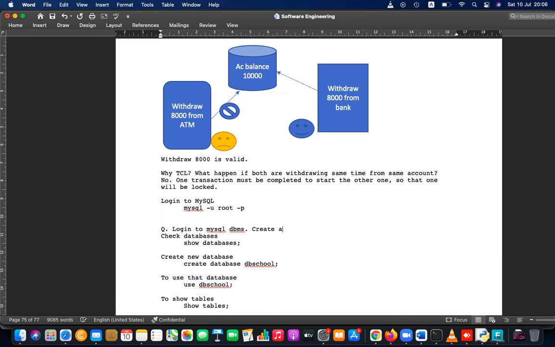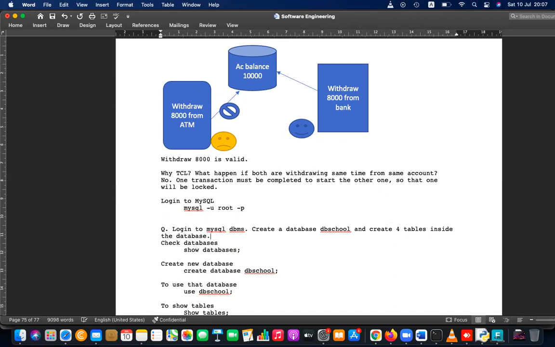Create a database DB school and create 4 tables inside the database.